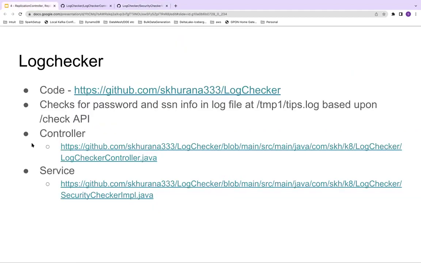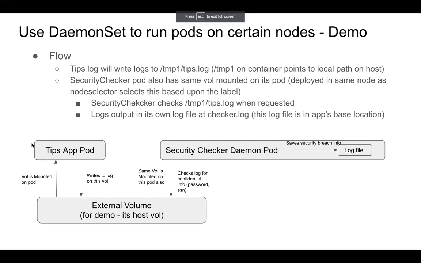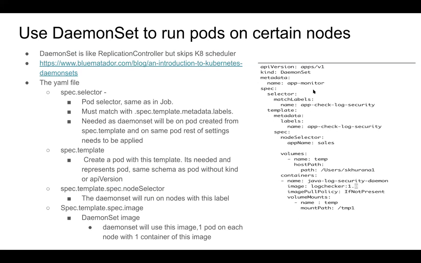So this is our log checker service. Now, this is the flow. Our application which we have been using so far, the tips application, where we use /tips, writes logs to /tmp/tips.log, correct? And the same log file is being checked by our security checker. The way I have done it, as I showed you here, on this daemon set, I'm mounting a volume pointing to this folder, and it is mounted on the /tmp location on the daemon set. In my application also,